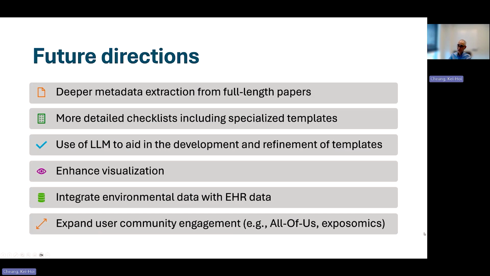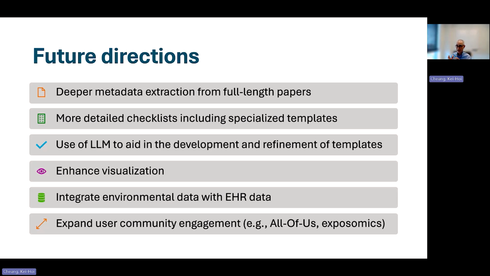For future directions, we would like to extend our approach to include full-length papers to do deeper metadata extraction using LLM. Of course, to do that, we need a more detailed or even specialized checklist.